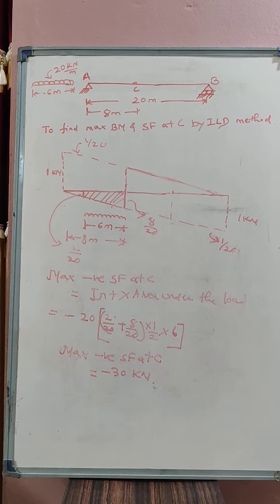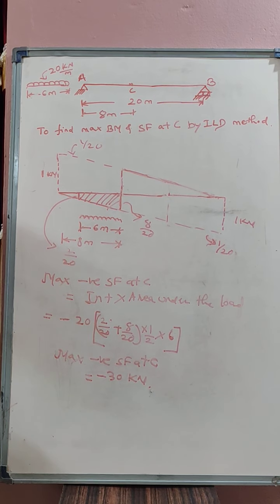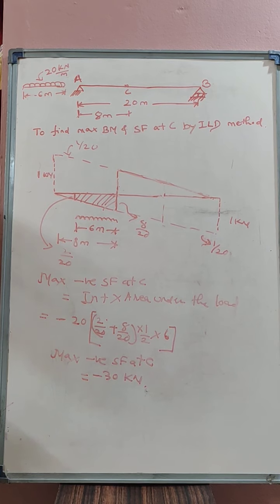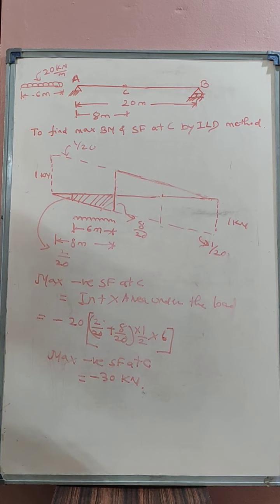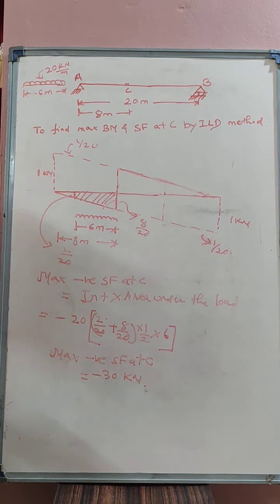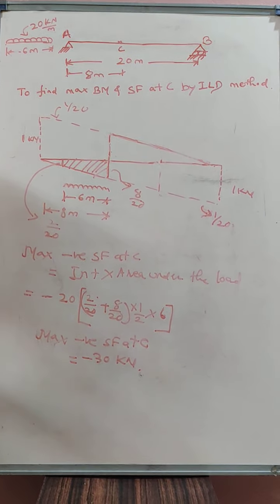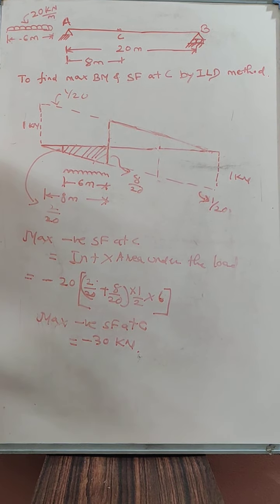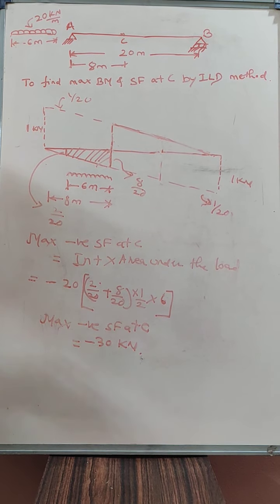So this is how we find out maximum bending moment and maximum shear force due to UDL in a simply supported beam using the influence line diagram method. And this is again a very important question. Many times this type of question is asked in the examination, and the advantage here is you don't have to do trials. For finding maximum bending moment, you should keep the load in such a way that the intensity on both sides of section C is equal, then find out that x value, and then area under the load into intensity.